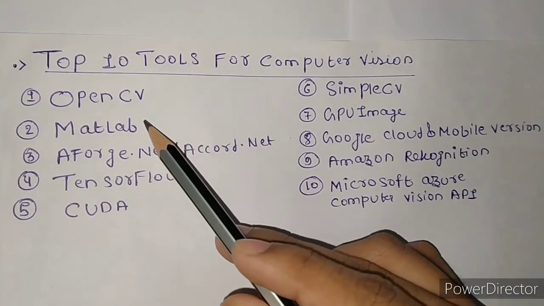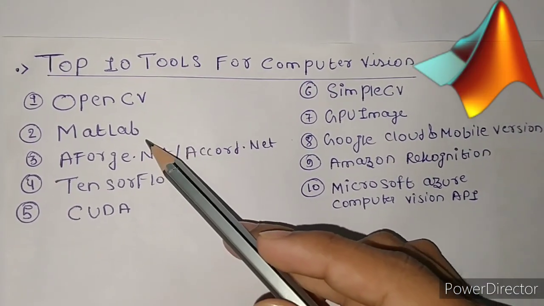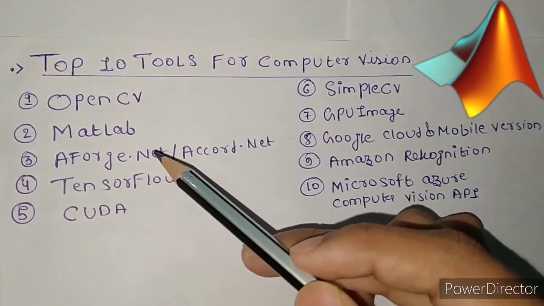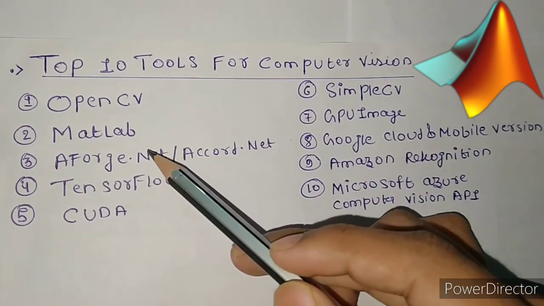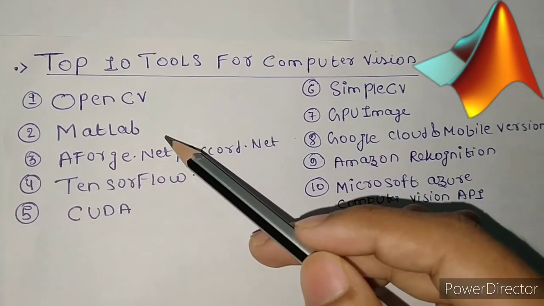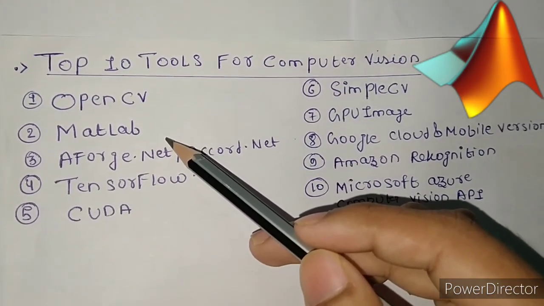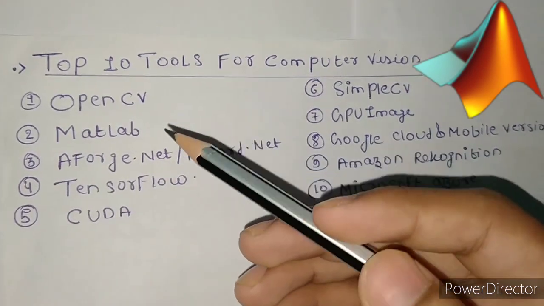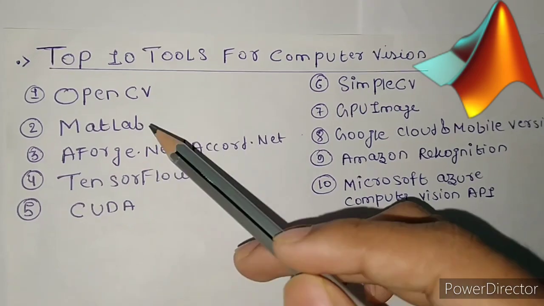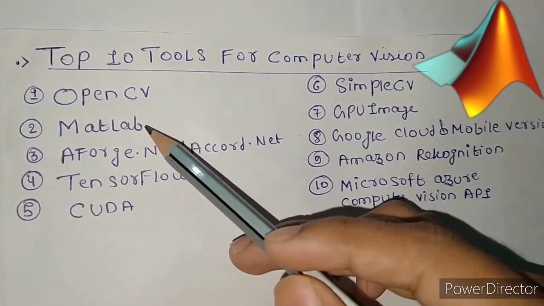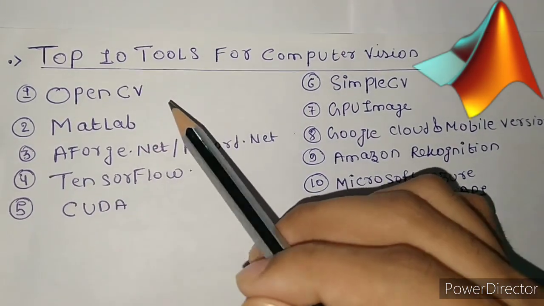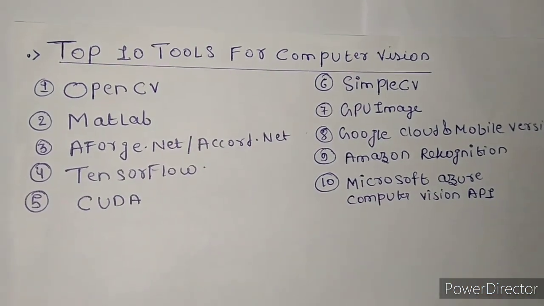Now it's time for the second one, that is MATLAB. It is a great tool for image processing and is widely used in research. It allows quick prototyping. A fact: MATLAB code is quite concise as compared to C++, making it easy to read and debug. It tackles errors before executing by proposing some ways to make the code faster. Its drawback is that it is a paid tool, and it can also get quite slow during execution time.